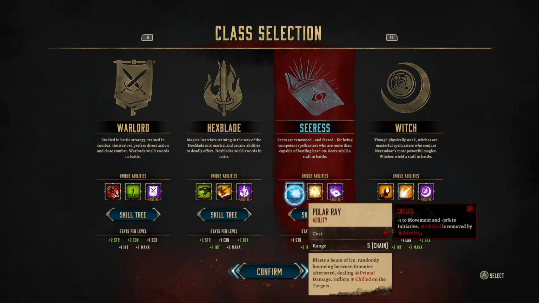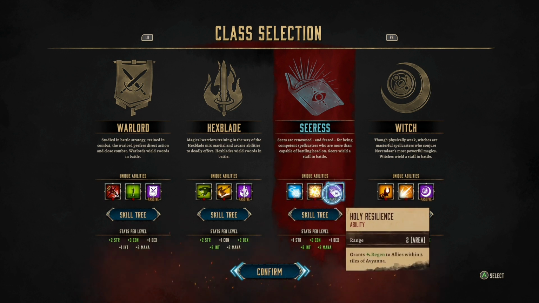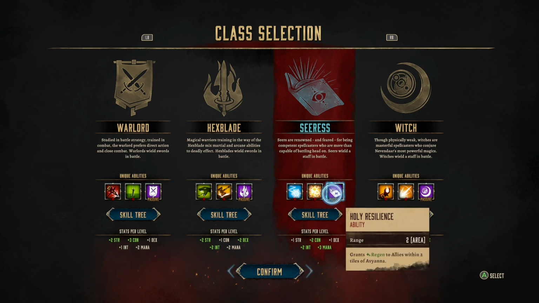Next up, we have Radiance, which will deal divine damage to enemies or heal allies up to 2 squares around Aviana. It does have a cooldown of 4, but this basically turns Aviana into a healer character and can be really good if you pop her in the middle of the battlefield. And lastly, we have Holy Resilience, which grants regen to allies within 2 tiles of Aviana. This is a great pick if you want a character that's going to be able to bring a lot of